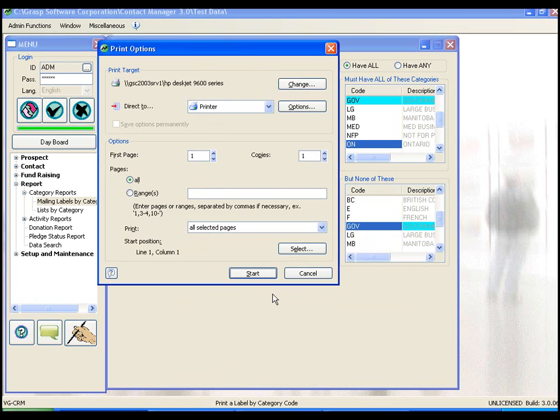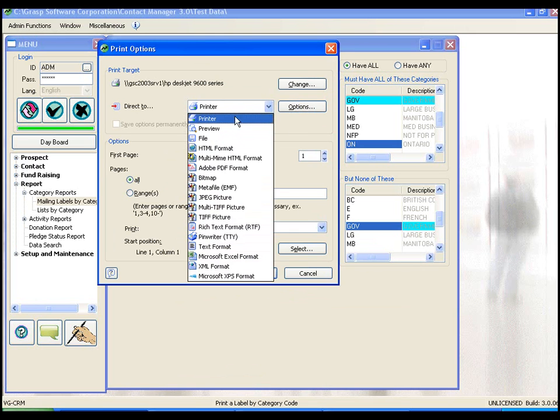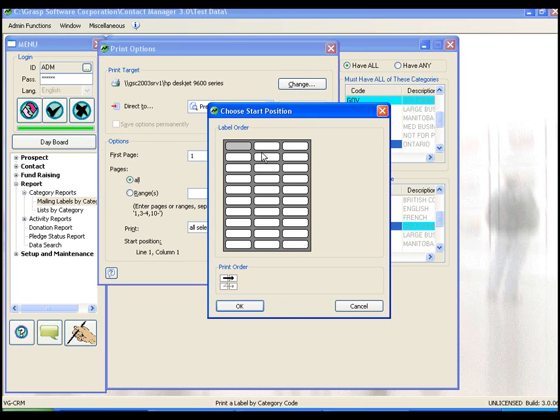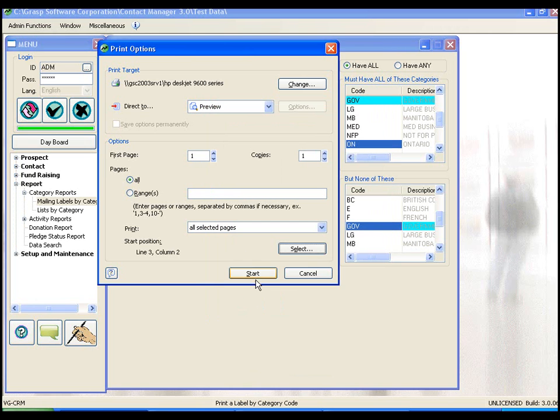And then next it's going to pop up with this screen. Normally we would just send this out to the printer, but because I'm showing you on the screen, I'm going to take you to preview. One of the neat things here is we're doing labels, and in our software, if your labels are designed for laser printers, you can identify which label to start at so you're not wasting any labels. So let's say, for example, the first 7 labels are already printed off that page, and I'm starting here. And so now if I go ahead and start that,